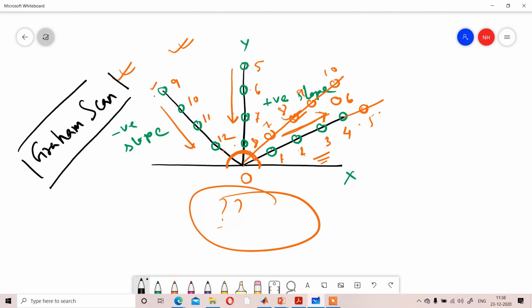Simply, suppose you are trying to find out the hand of a human structure. Means total একটা মানুষের ছবি দেওয়া আছে, a human structure from head to toe, total structure is given. If you want to find out only the hand, so over the hand you have to draw the convex hull.